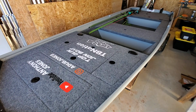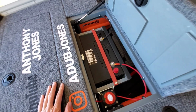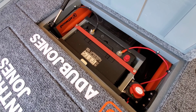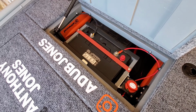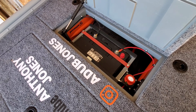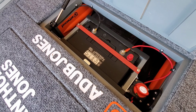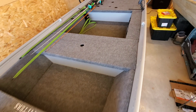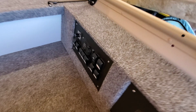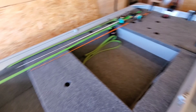So I'm running two batteries in this boat. Up front, I've got a deep cycle battery here, and this battery is for all my onboard electronics. That'll be courtesy lights or valet lights, LED light bar, depth finder, a live well timer, all my bilge pumps. Basically, anything on this control panel is run from that battery